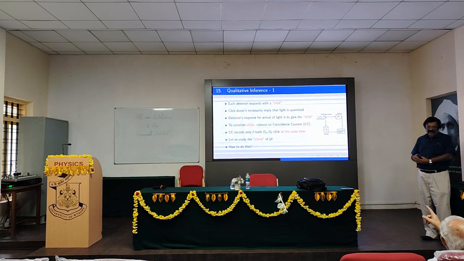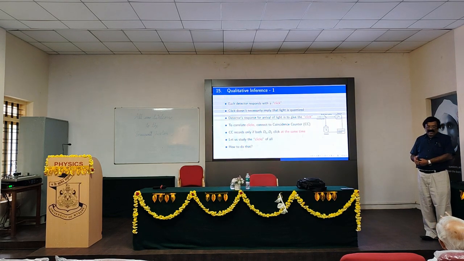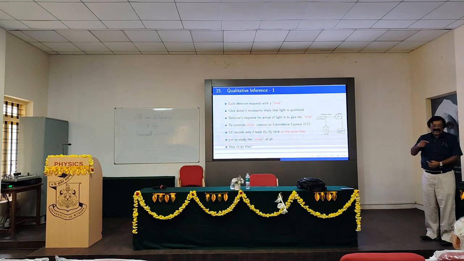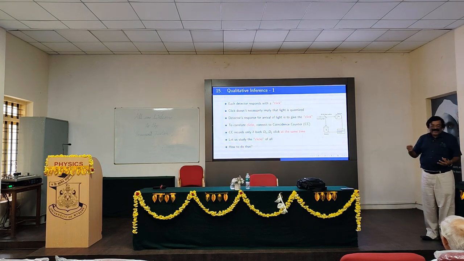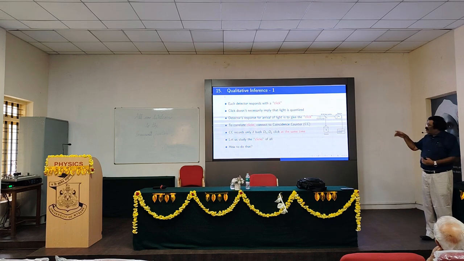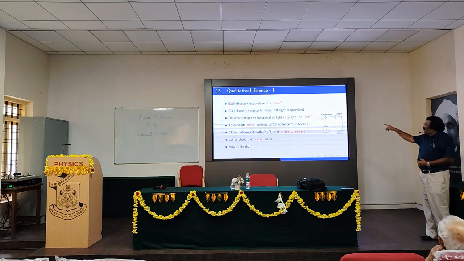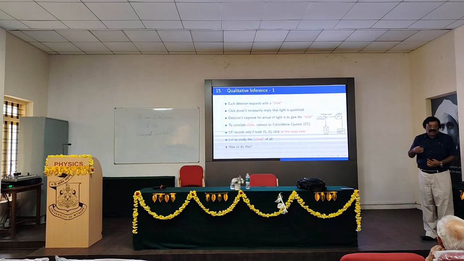What happens in a detector is, a photon comes into the semiconductor. It will generate one electron hole pair. So you could say one click is one electron hole pair. Yes, you are already assuming that there is a photon coming. The problem starts with we don't assume whether it is a photon or a wave. We are just starting with the preliminary notion that when we say a detector clicks, the click is a signature of the arrival of light.